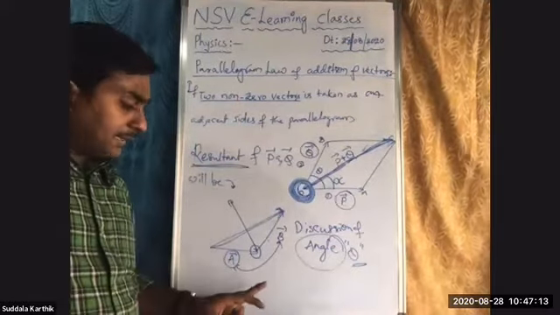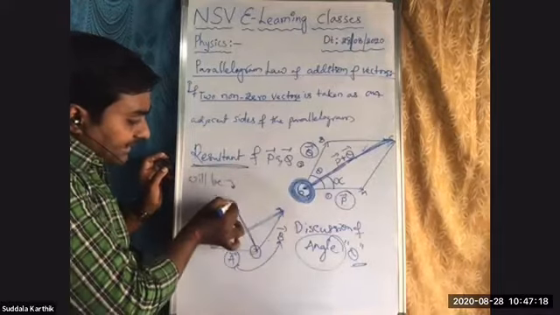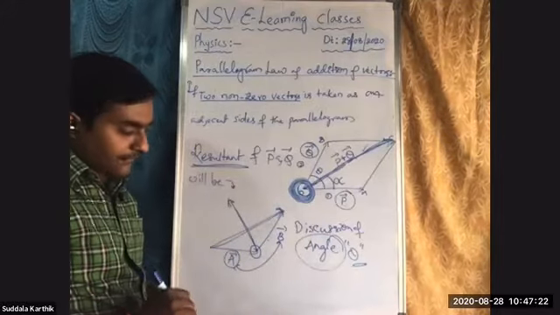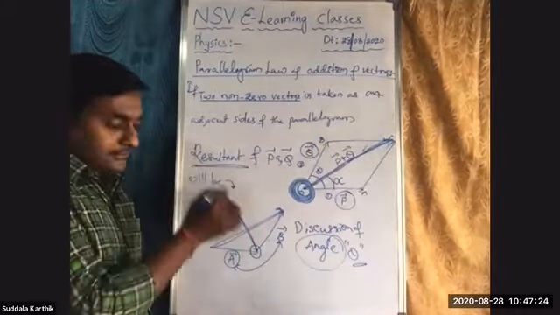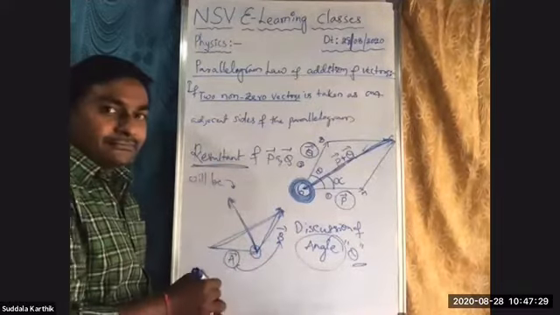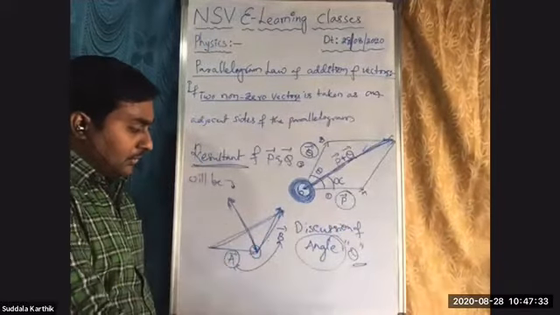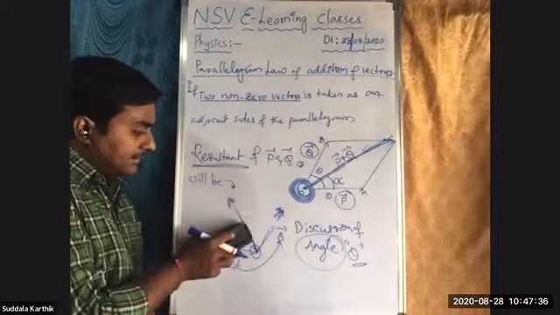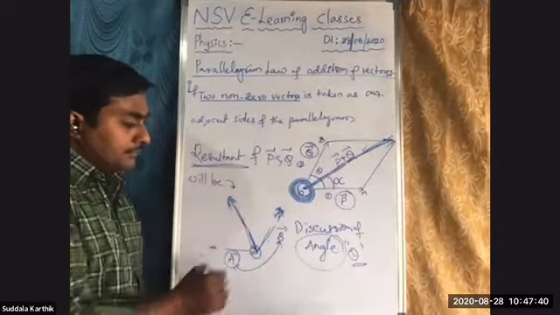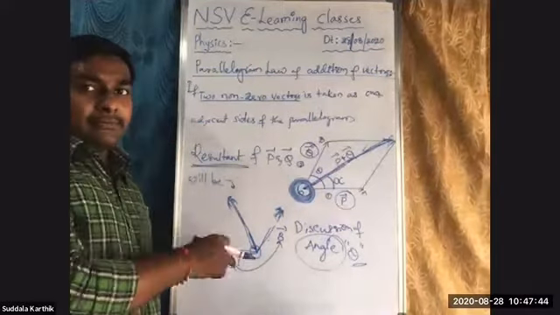Why are we not taking it like that? Because it is a triangle. Suppose you take it like this, it is not forming a triangle. First point, it's a triangle. Suppose you are taking it like this, it is not forming a triangle. Is it forming a triangle? No. Just suppose if I take it like this, then what happens? It is not forming a triangle.